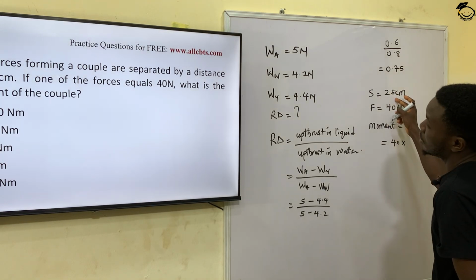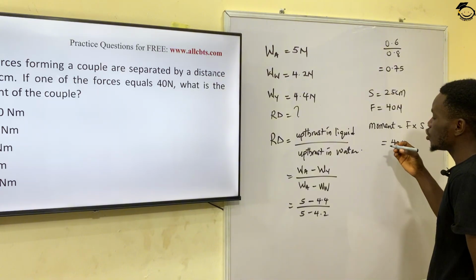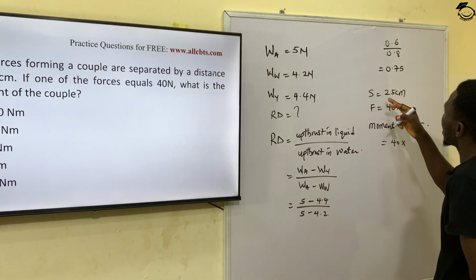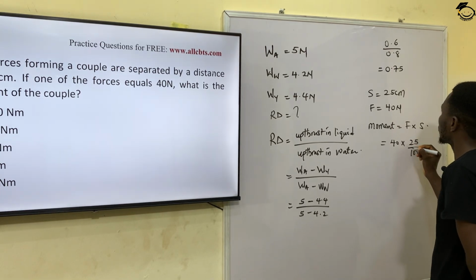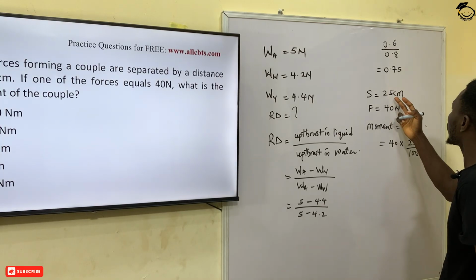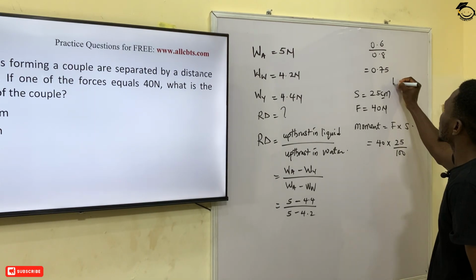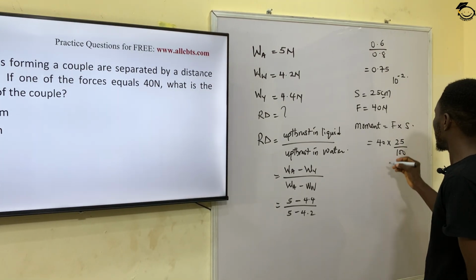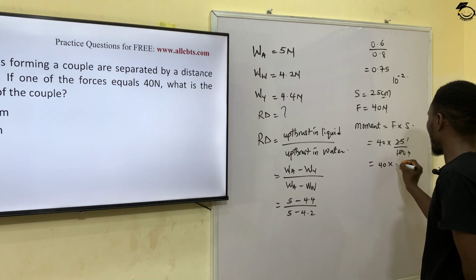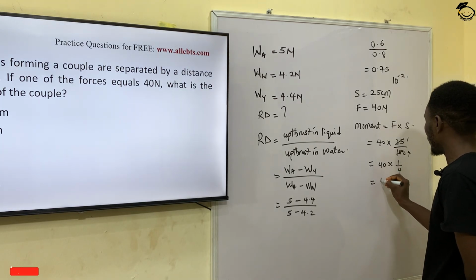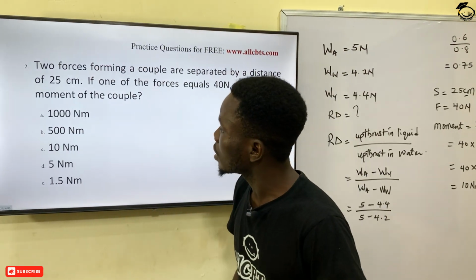Now if you look at our distance here, it is in centimeters. So the first thing I'm going to do is convert this to meters, because the unit of moment is Newton meter, which is force in Newton and distance in meters. So this will become 25 divided by 100, because I'm having centi here. In order for me to convert from centimeters to meters, I have to divide by 100, because centi means times 10 raised to the power minus 2. So this is the same thing as saying that I have 25 over 100, which is 1 over 4. So I will have 40 times 1 over 4, which is the same thing as saying I have 10 Newton meters. It means that the correct answer to this question is 10 Newton meters, which is